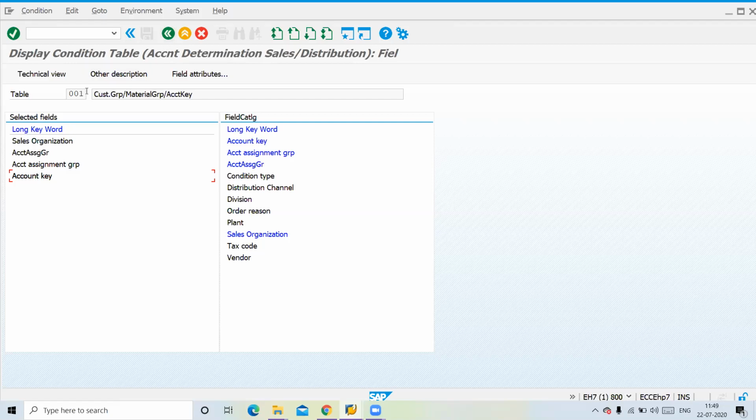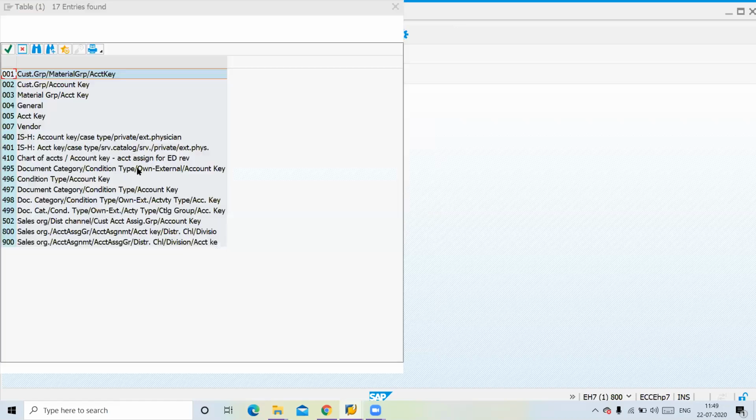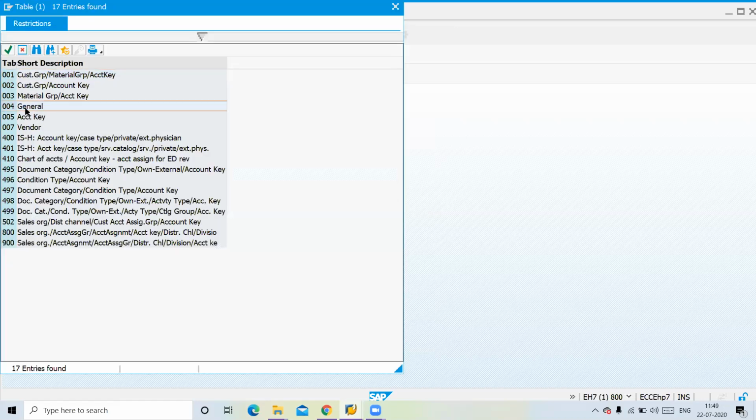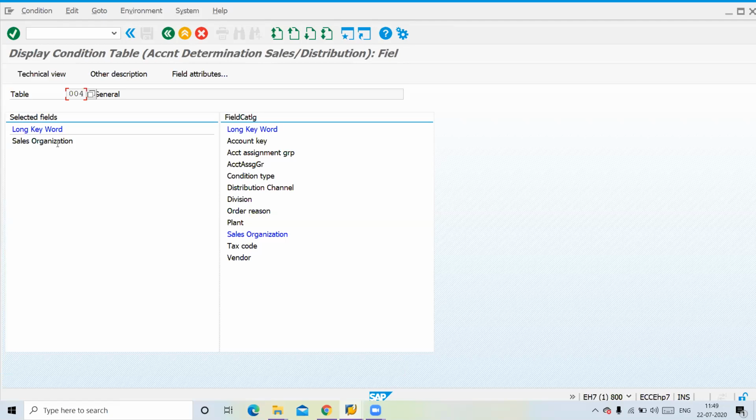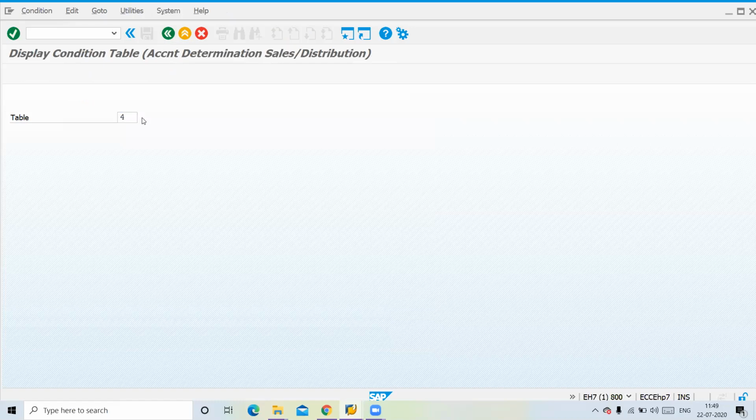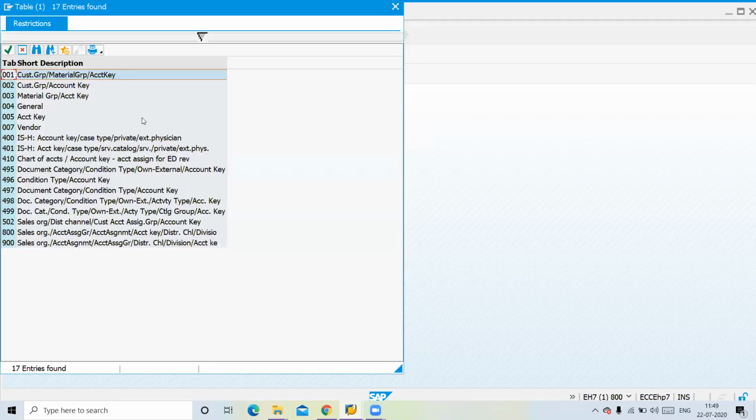So if you check table 001, you have account assignment groups and sales organization; distribution channel is not there. But you have account key at minimum. Let's try to check any other field, any other table. So you take this for general. Here it has been taken on sales organization. Like that, you can always choose your own requirements. If you want, you can add fields to your field catalog